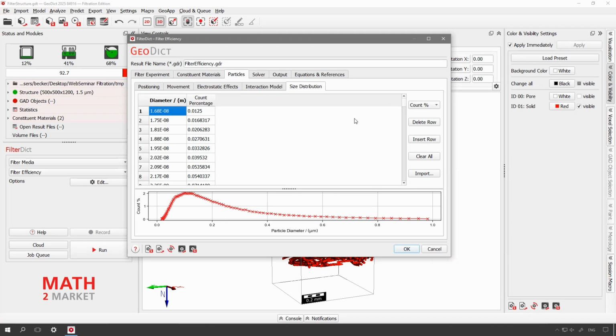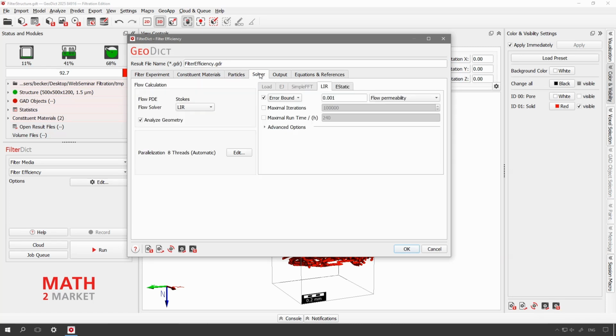So here we had count percentage, and here's the particle size distribution. You see it ends at 1 micrometer here, so it matches the size distribution from the experiment. These were the particle tabs. Now on the solver tab,